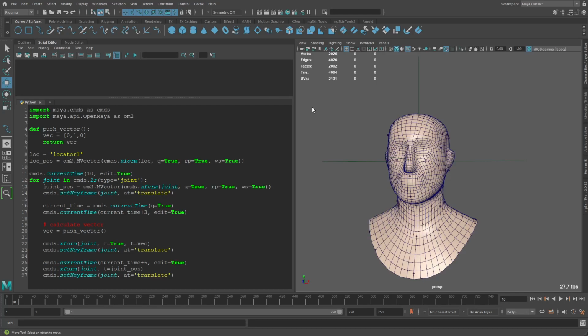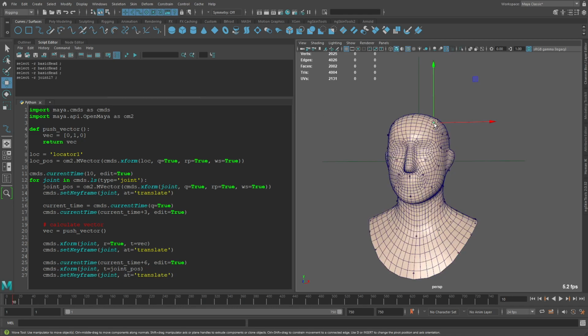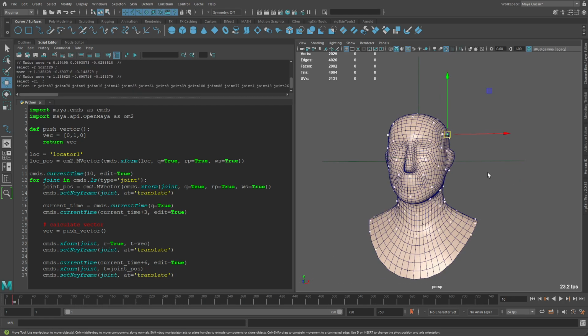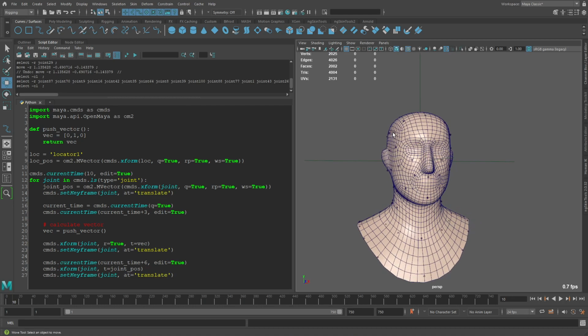Now let's look at another example of how to use vector math in Maya. What I've got here is a skinned head. It's basically got a bunch of joints around here that are skinned to the head and just moving it. All of these are oriented in world space though. So if I wanted to do an animation where I tested all of these, it would be pretty annoying